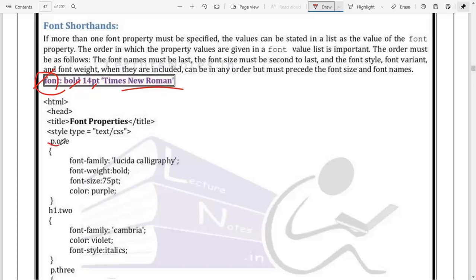Now, if you observe here, we are using the style tag, which is used for providing the CSS, where I have used p.1. Let me clear that.